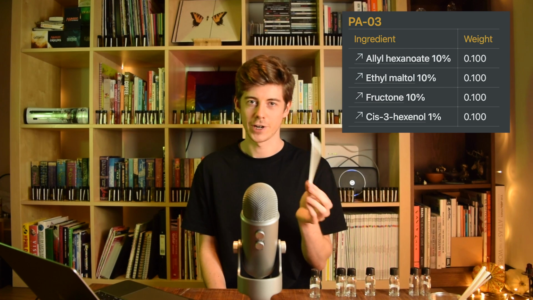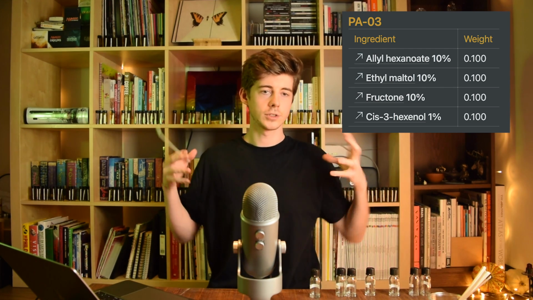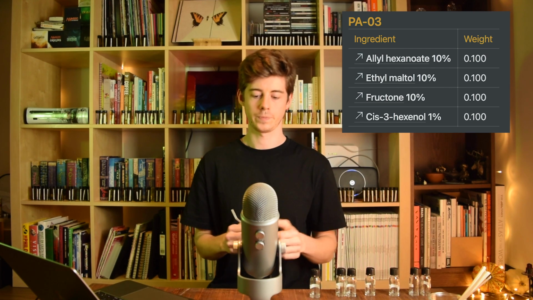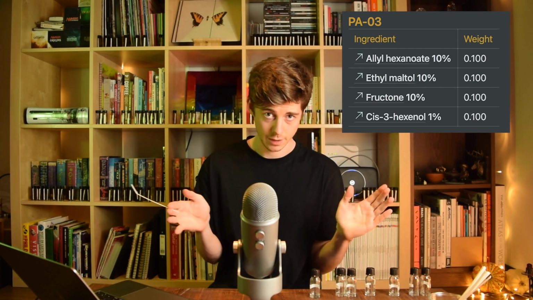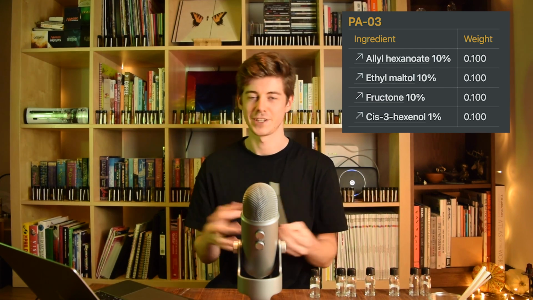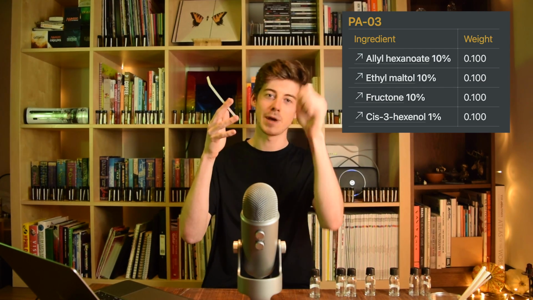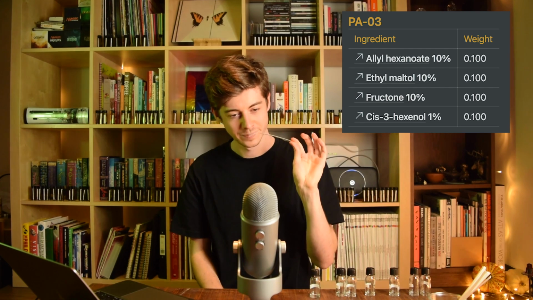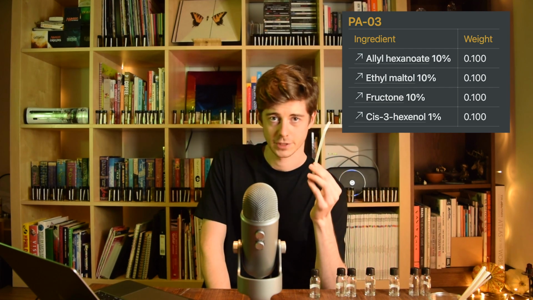Now this one I really liked. At this point, you can really smell so much more in the pineapple. So that allyl hexanoate that we started with was very 1D, and this really smells like you've actually got a pineapple, and it just smells like you've just put your face in it, you know. It smells like you got the pineapple, you made a hole in it, and you just stuck it on your head. It's getting there. I mean, it's not perfect, right?